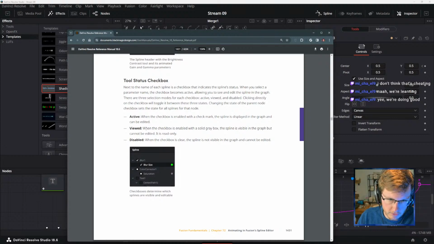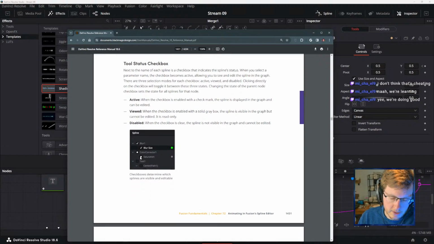Is the checkmark viewed? So viewing is a solid gray box. The spline is visible in the graph, but you can't edit. This is useful. I got to remember this one,